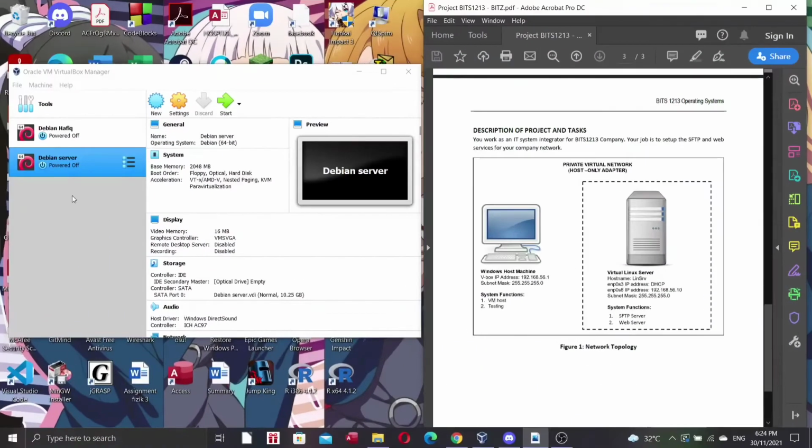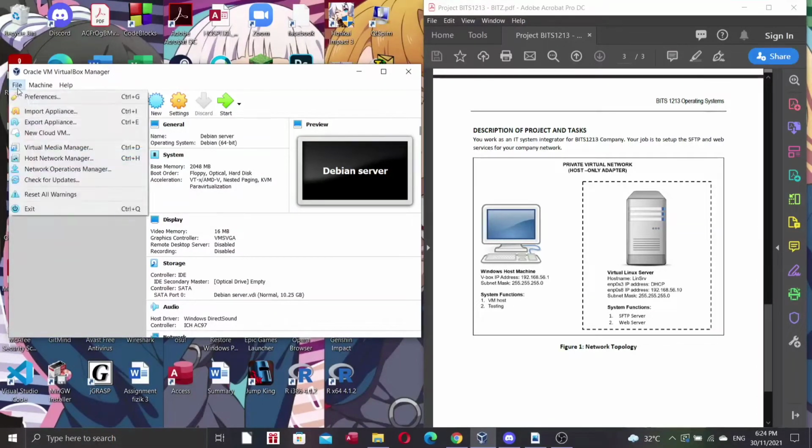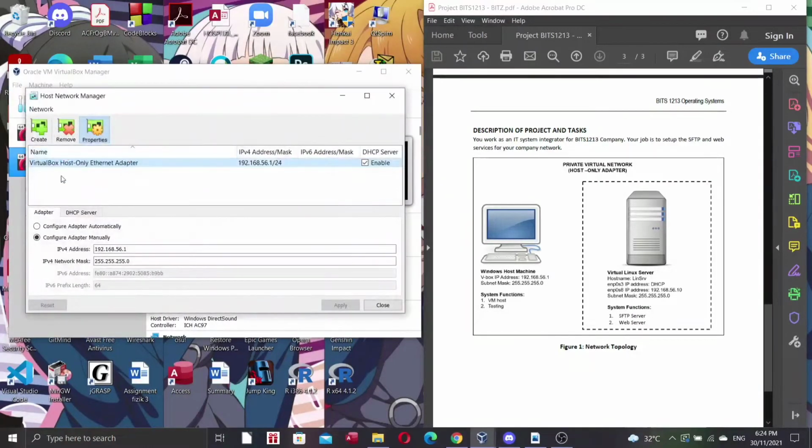This is my virtual Linux server in VirtualBox. Now we need to manage our host network by going to File and clicking Host Network Manager. After that, make sure that the VirtualBox host-only Ethernet adapter is enabled, then click Properties.